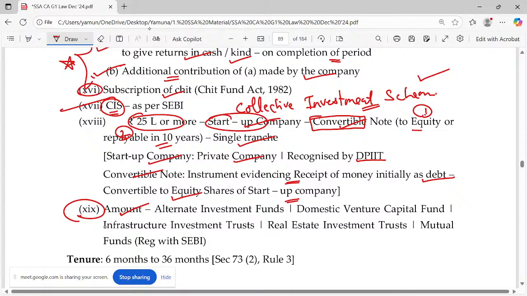Any amount you're receiving as an alternate investment fund, or as a domestic venture capital fund, or as an infrastructure investment trust, or real estate investment trust, or mutual funds. The mutual fund should be registered with SEBI. Don't consider as deposit. ஏன்னா இதுக்கு எல்லாமே பர்டிகுலரா தனி லாஸ் ப்ரொவிஷன்ஸ் இருக்கு. அப்ப தனி லாஸ் அண்ட் ப்ரொவிஷன்ஸ் இருக்குன்னா அவங்கவுங்க பாத்துப்பாங்க. இதுல டெபாசிட் காமிக்கலாம். Is it okay? So all these 19 points is